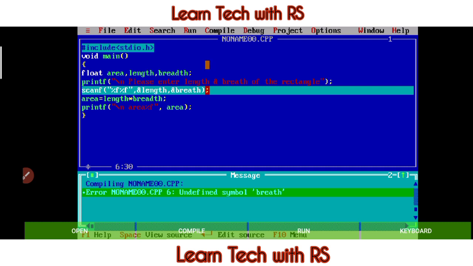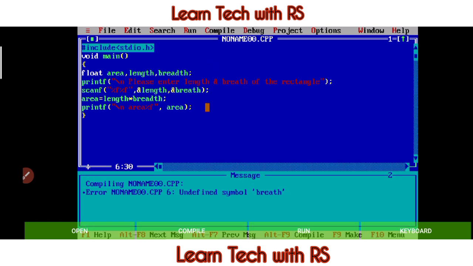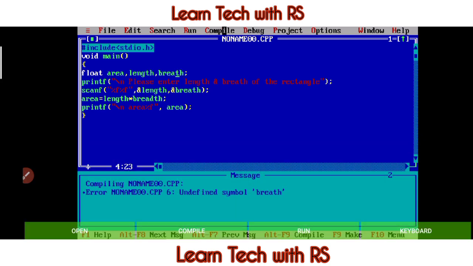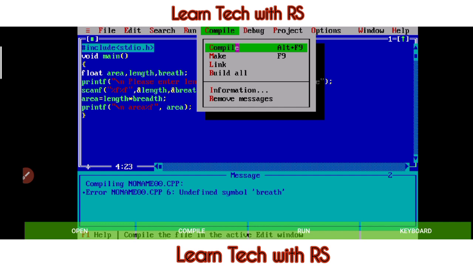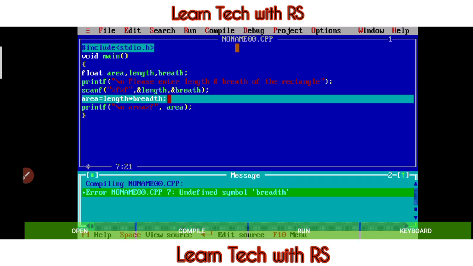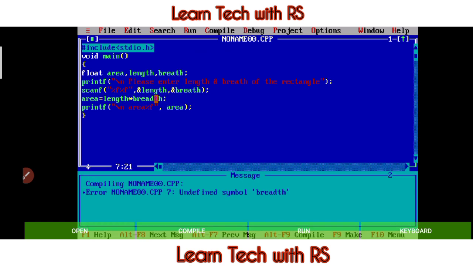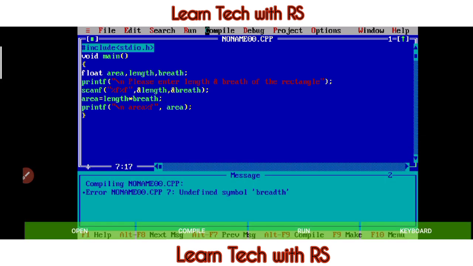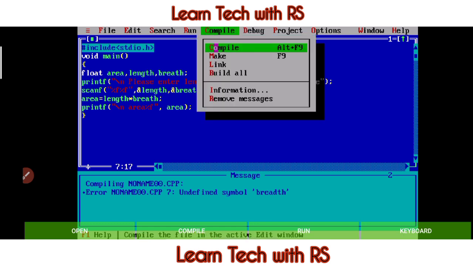Then, okay, here also we need to write breadth. Compile. Here also we have to change it. Now compile again. Compiled.